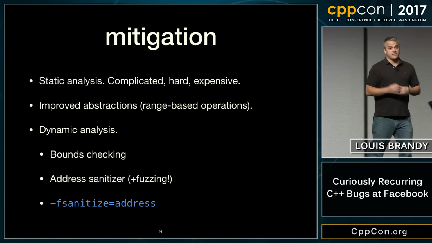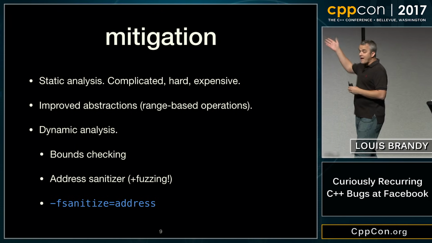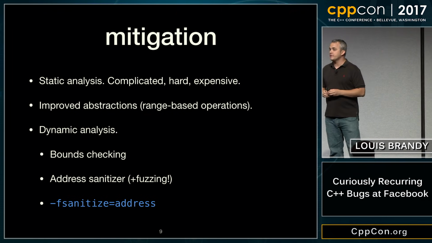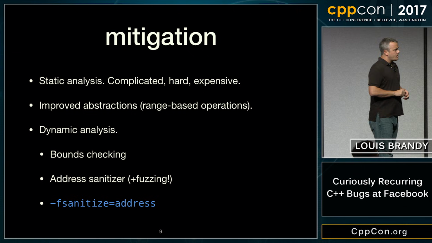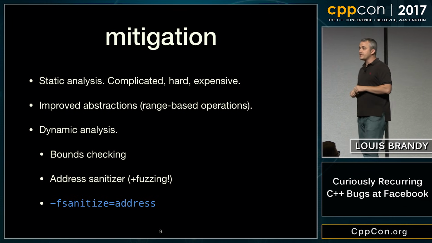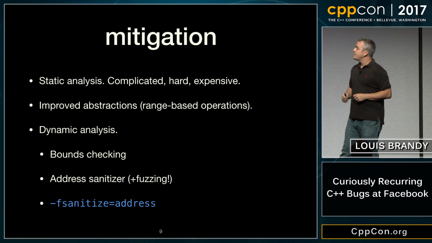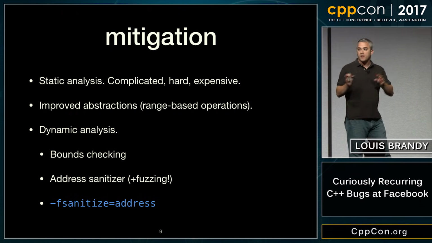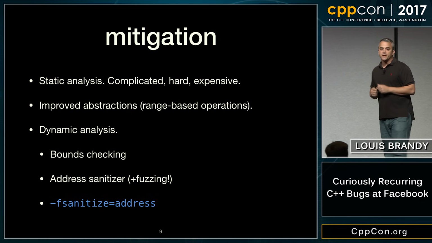And of course, you can do things at runtime. You can literally bounds check every single array access. This is what Ada does and has done for a really long time for safety. But as far as I'm concerned, at least in C++, your best chance of finding these is address sanitizer. Address sanitizer was built for this. If you really don't want out-of-bounds problems in your code, you need to have fuzzing with address sanitizer.